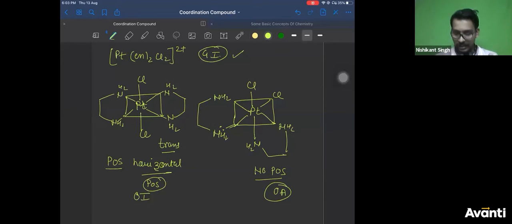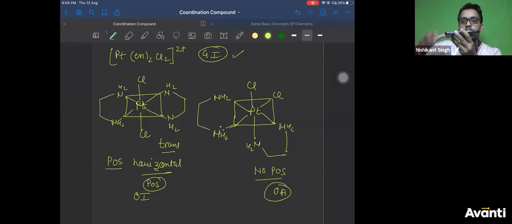Right. So, look. One Cl is here on the top. One Cl is here. Correct? Now, one ring is like this. See, this is the bottom. So one ring is lying in this vertical plane, and the other ring is lying in this horizontal plane like this. Correct? So one ring is horizontal and the other ring is vertical.